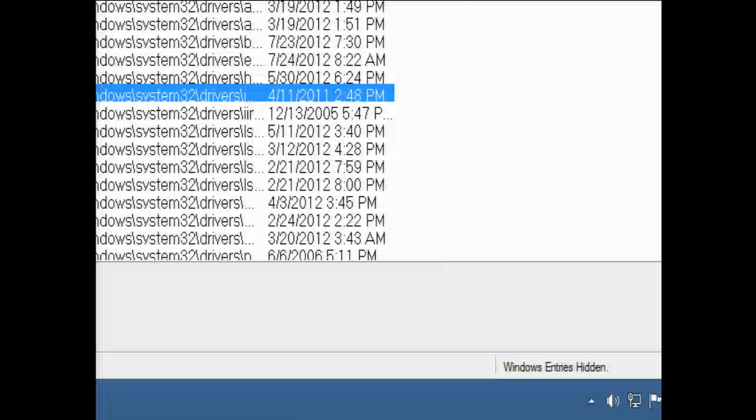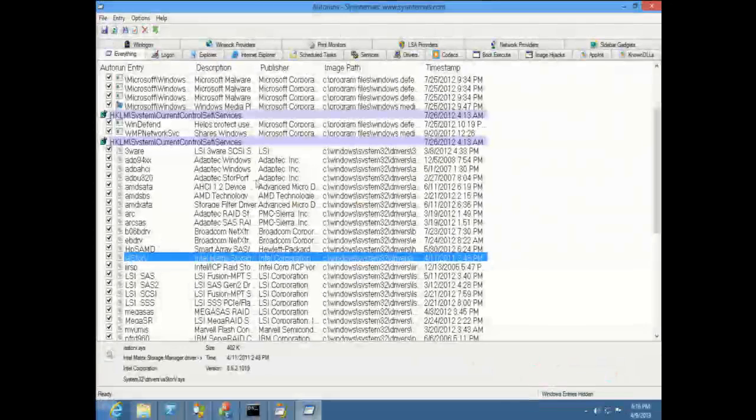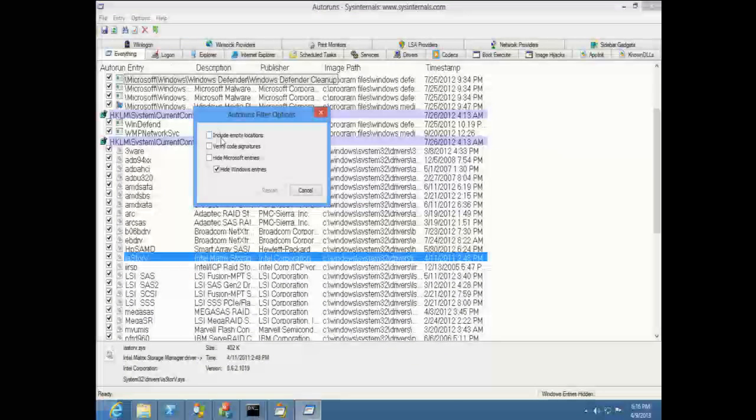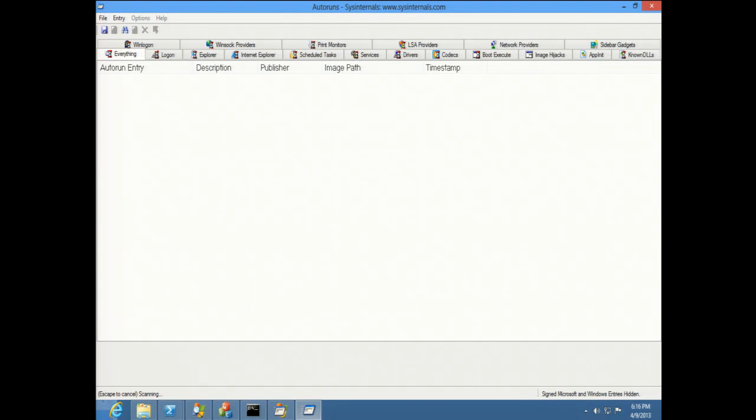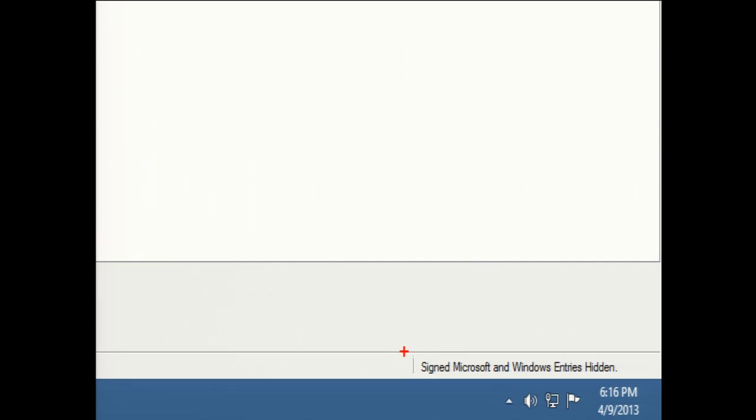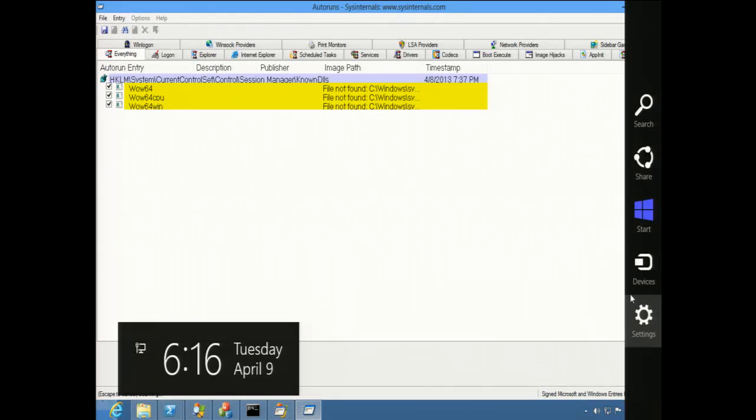Okay, anyway, additional features include the active filter. Now, you can filter autoruns data to show everything or hide everything that is from Windows or hide everything that's from Microsoft, and then also have signatures verified. The default is just hide the Windows entries without checking signatures. It shows you in the status bar now what the active filter actually is. So if you go into options, filter options, verify code signatures, hide Microsoft entries, you can tell more quickly what you're looking at and what you're not looking at.